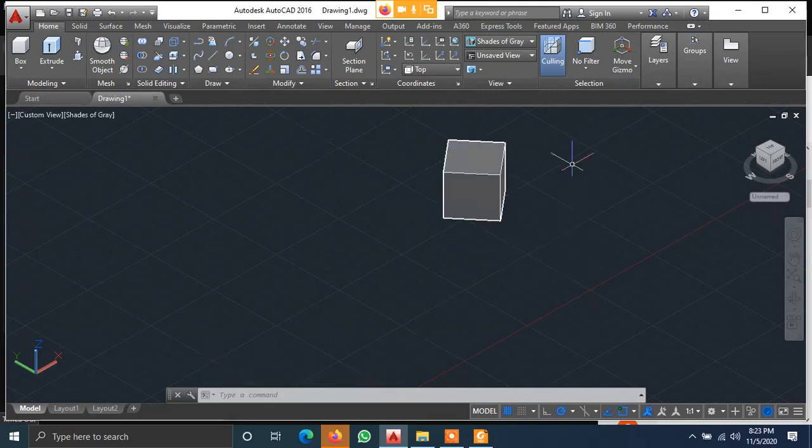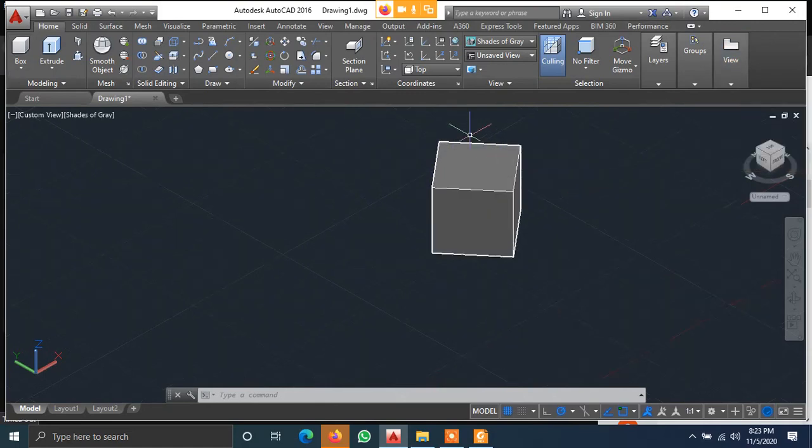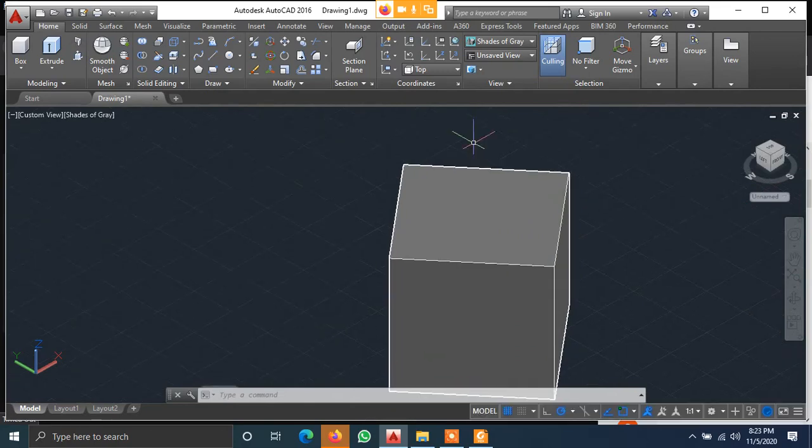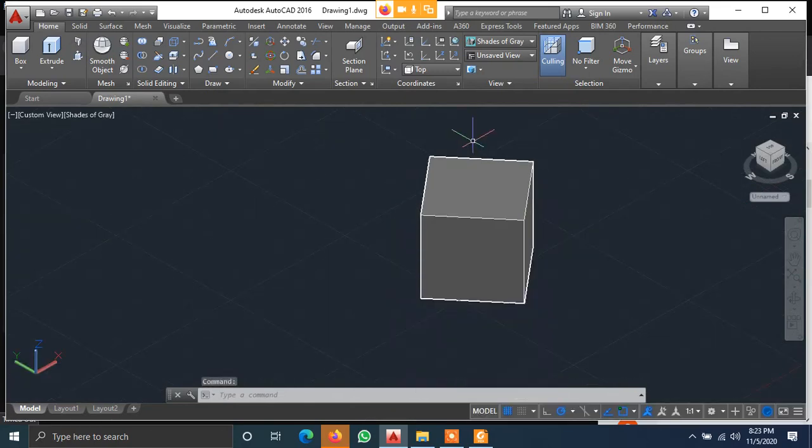Now how can I print this? This is a very important thing. Make sure that you listen to this very carefully. In order to print this, or in order to get different views, you have to switch to something called a layout.